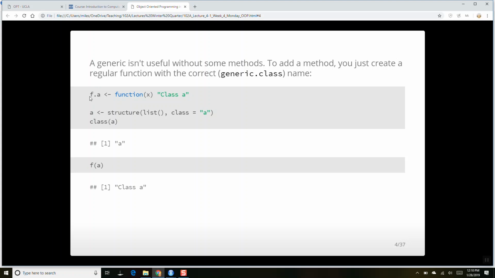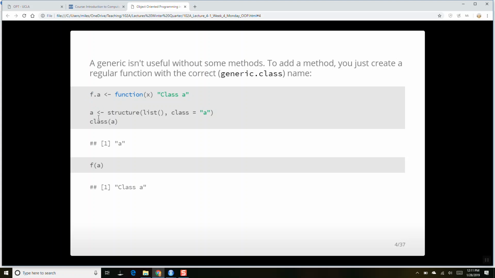So I'm going to call this f.A. f.A, just by the fact it's named f.A, means it is the function f for objects of class A. Okay, R will figure this out and say, well, this must be function f for objects of class A. All right, and so this function, all it does is return the character string "class A". Okay, that's all it's going to do.